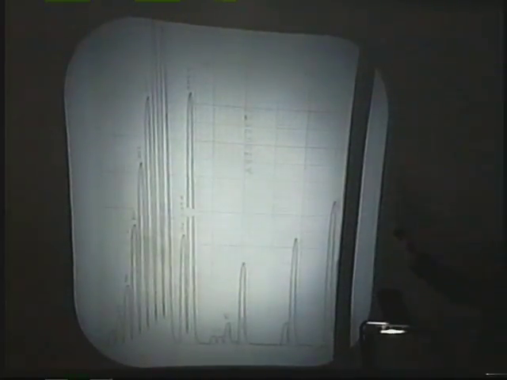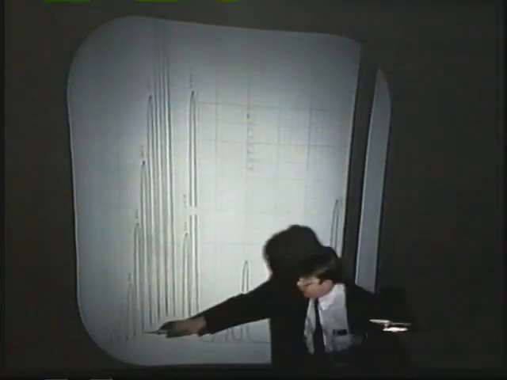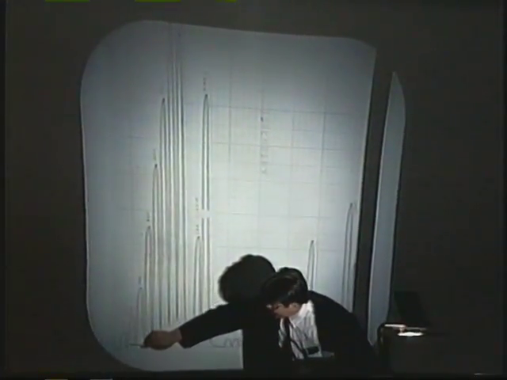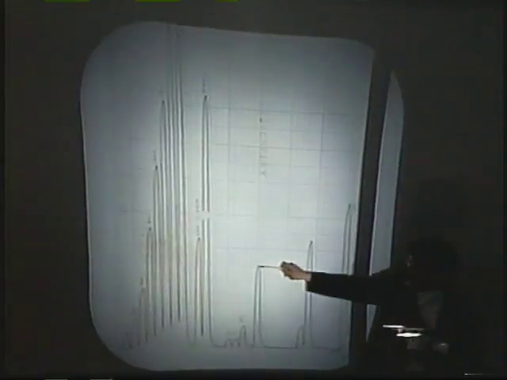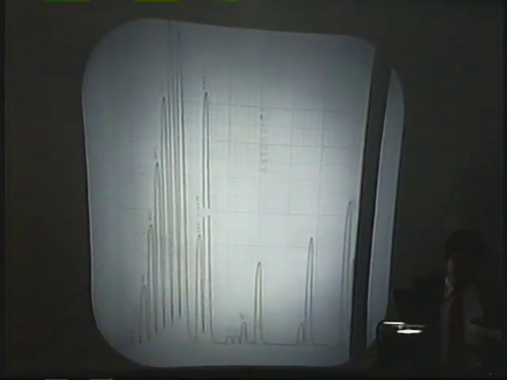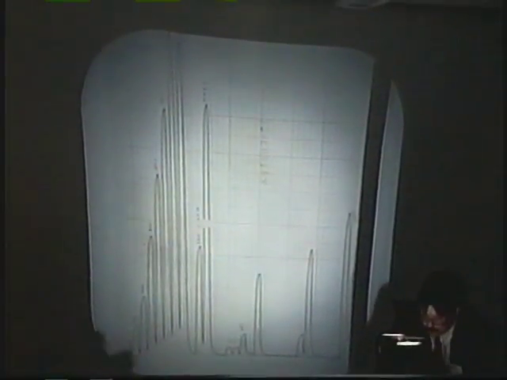And over here we have our standards, 100, 200, 400, 800, 12, 16, up to 2000. And you can see that there's almost a linear phenomenon going on in these, what we call peaks. This is a peak for a 100 standard, peak for a 200 standard. You can see the linear relationship there. Over here, we have our samples. So basically, in terms of the mathematics of what's going on,